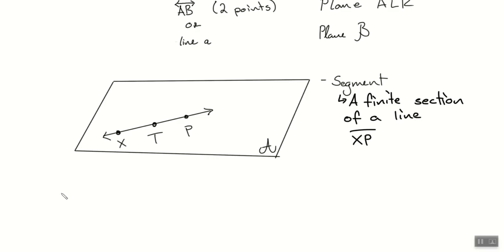So here we go. I'm going to leave it blank here because we're going to put a name on this. But I want to know, what if I did something like this? XT, and I said, hey, it goes on forever, but only that way. Only one direction. Is that a line? No, it'd have to go forever both directions. Is it a segment? It goes forever, though, because segments don't. And that bar above it tells me it's a segment. This is somewhere between a line and a segment.